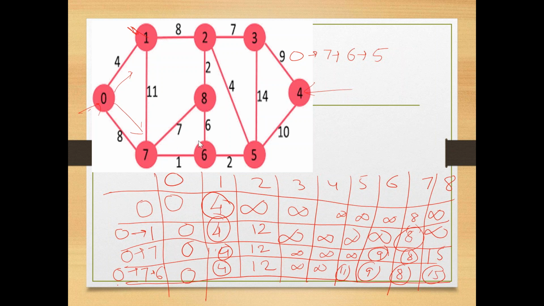And if we try to reach 8, the value will be 9 plus 6, 15 only. The value is the same, so we will write 15 only. Okay, 8 plus 7 is also 15. 8 plus 1 plus 6 is also 15. The value is not changing here. And from 6, we cannot reach anywhere else. Hope Vishaka, your doubt is being cleared.